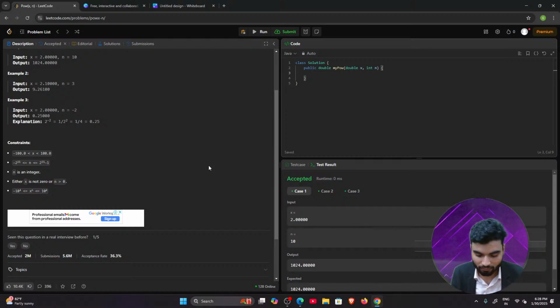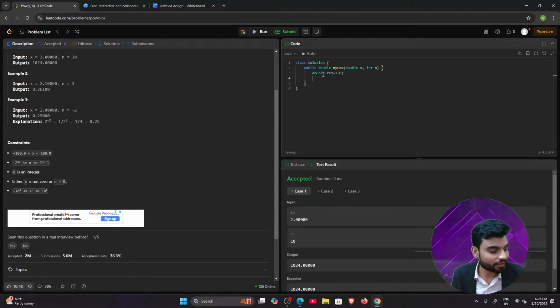So now, let's say the output will be a double. Look at this returning value. For the output I can make a variable which is a double. I'll name it result, starting with 1, because no matter what the power of any number, the least value will be 1, because to the power 0 is also 1, right? So I'm making this double.